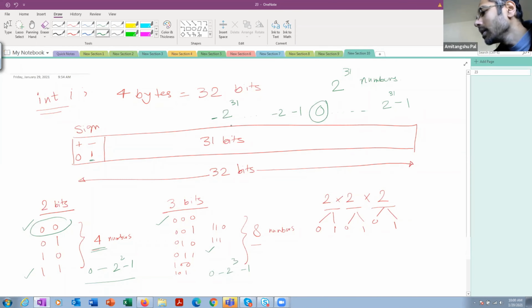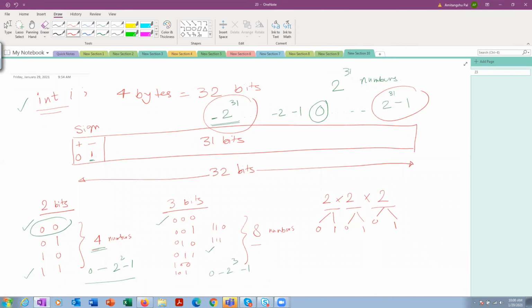On the negative side there is no 0, you are starting with minus 1, so you are not losing an extra bit pattern. So we can go until minus 2 to the power 31. Clear? So using the integer data type, the minimum value that you can represent is minus 2 to the 31. The maximum value is 2 to the power 31 minus 1.